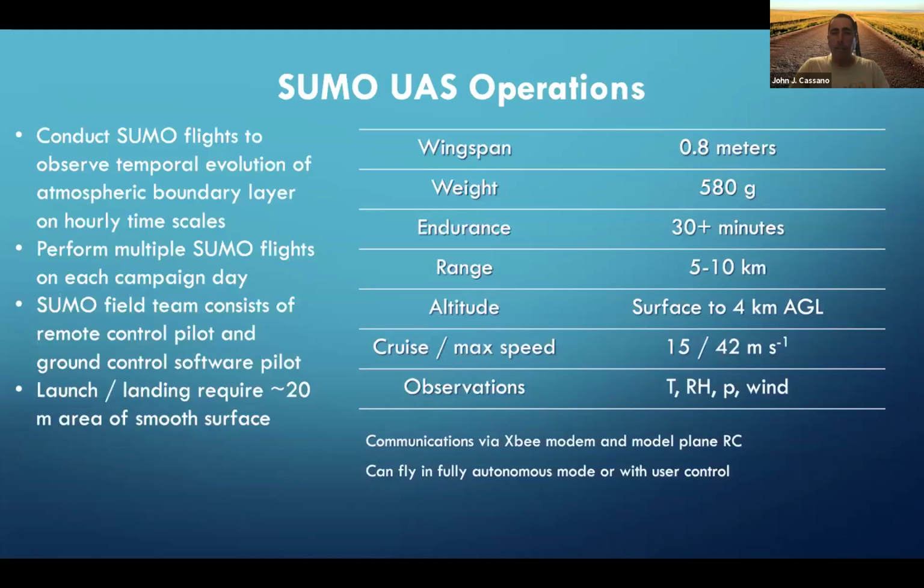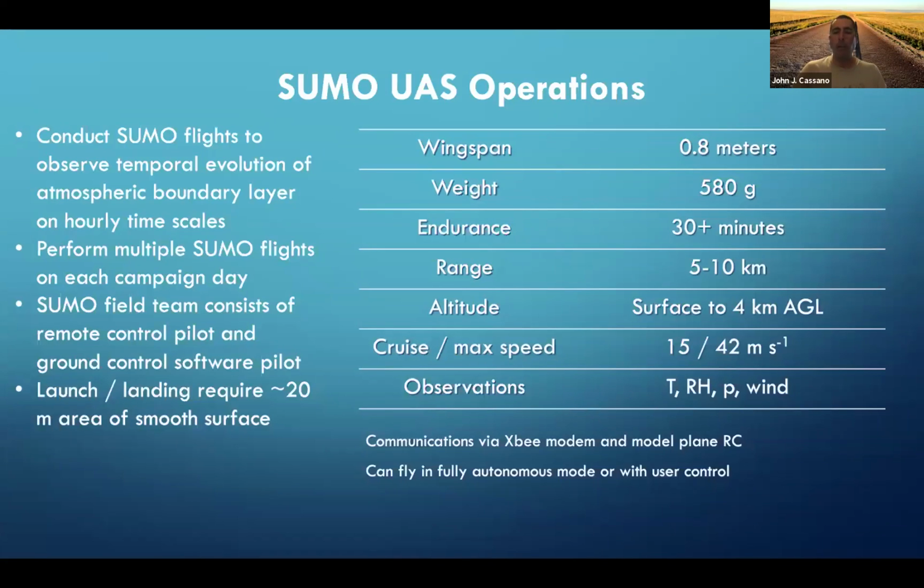And we outfitted it to measure atmospheric state: temperature, humidity, pressure, and wind. But unlike the Aerosonde, it's very easy to operate. It's a field team of 2 people. One person operates a remote control, so they can manually control the aircraft. And then there's a ground control pilot that operates ground control software for when the plane is flying in autopilot